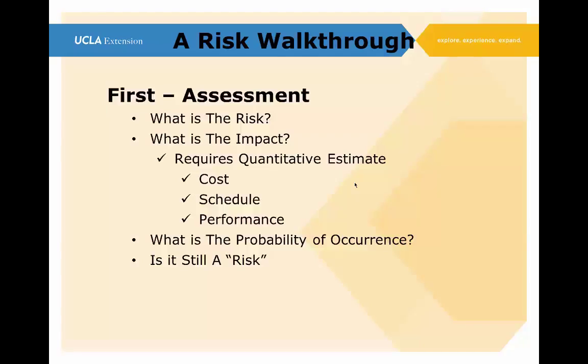And after we've established that and accepted that, then we take a look at all this and we say, is it still a risk or not? If the probability is so low or the impact is so low, we might just say it's not really a risk, and we're not going to worry about it. So this is assessment. If we come up and say it is a risk, if we realize that